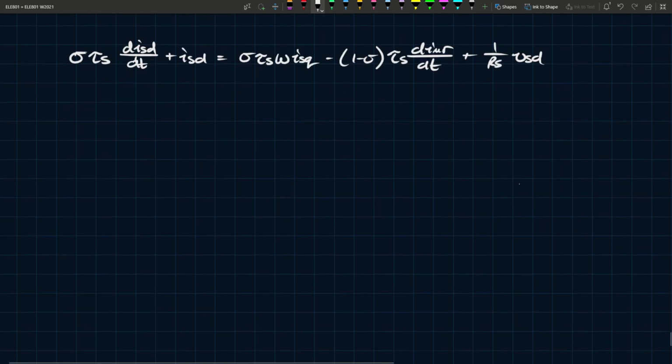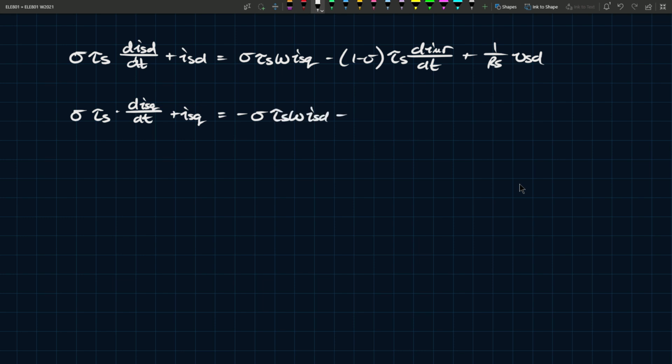And the second equation that you get will be similar. So it's sigma tau s, but it's for d isq by dt plus isq equals minus sigma tau s omega isd minus 1 minus sigma tau s omega imr plus 1 over rs vsq. Now, in this state, they don't really look very